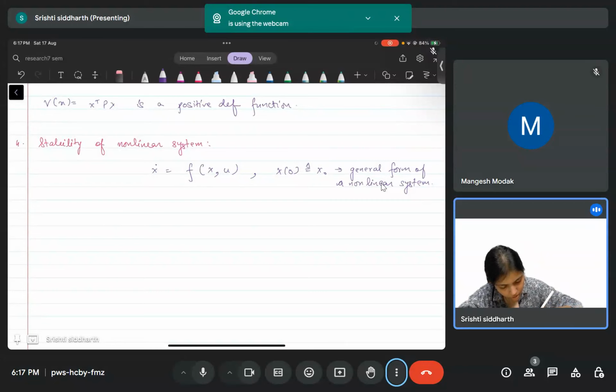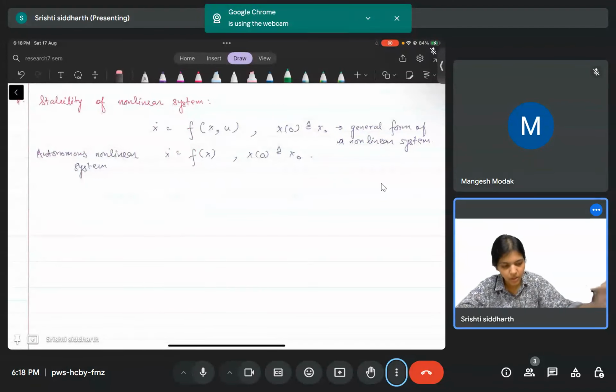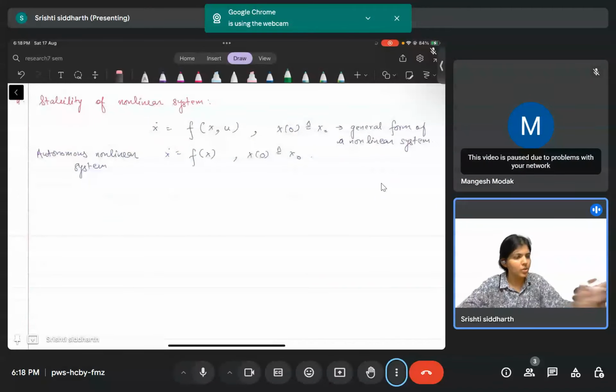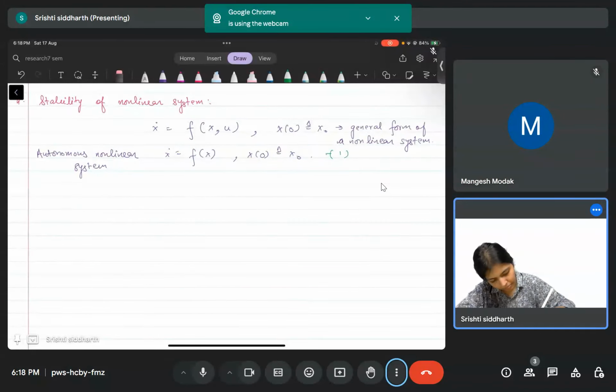Definition, which is an autonomous nonlinear system. So that is when we're considering a system without any input. And again, it's some initial condition defined as x naught. For this function, so this differential equation. So for one,